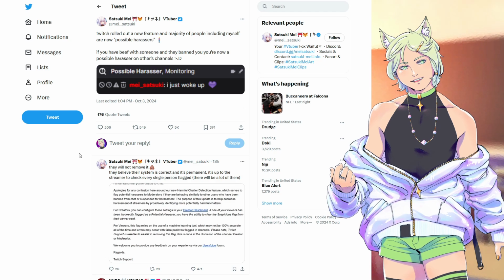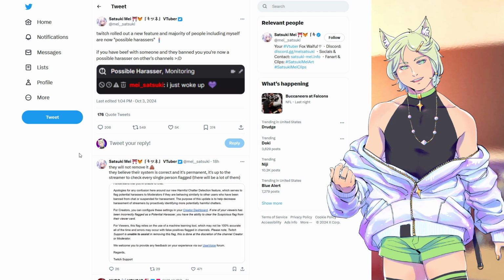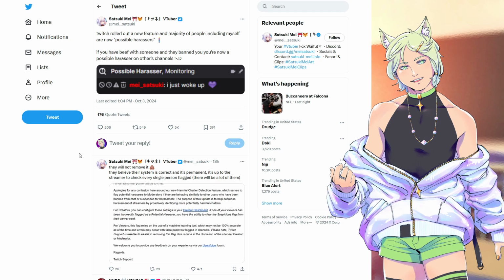People are concerned that their friends may ban certain users for fun and then unban them, and that may trigger this system to potentially highlight you as a possible harasser and bring undue attention to you on certain channels when chatting. Valid concerns. I have an optimistic approach to this feature. I hope that it's going to help improve moderation, especially on the bigger channels.